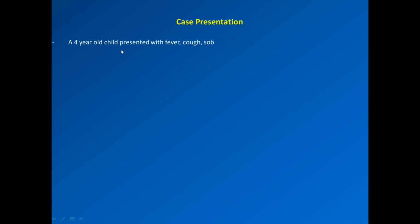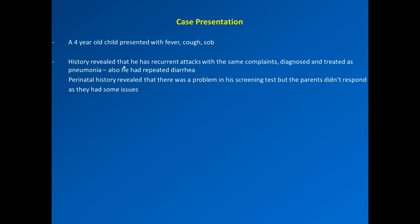Our case today, a 4-year-old child presented with fever, cough, and shortness of breath. History reveals that he has recurrent attacks with the same complaints, diagnosed and treated as pneumonia. Also, he had repeated diarrhea. Perinatal history revealed that there was a problem in his screening, but his parents didn't respond and they had some